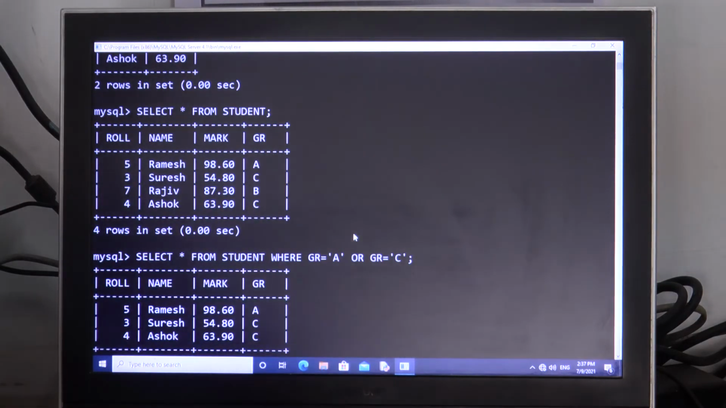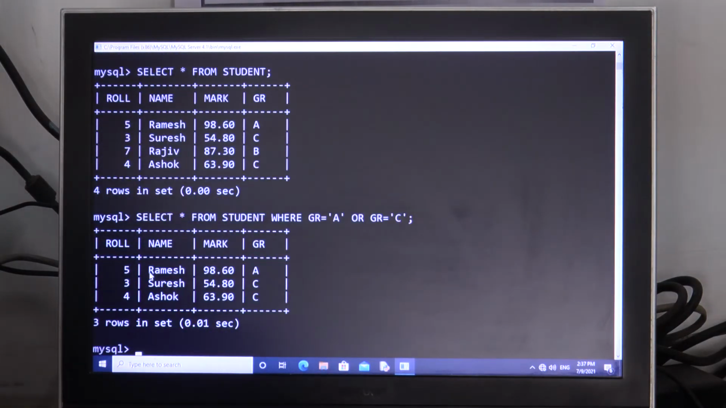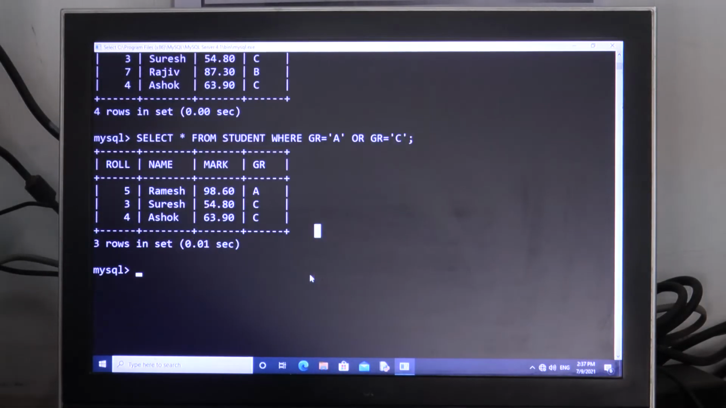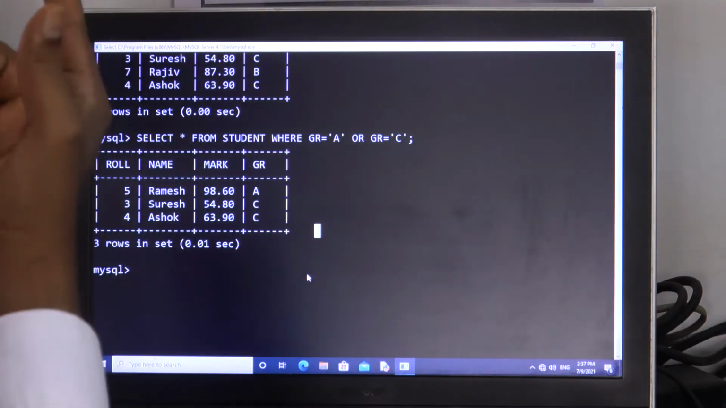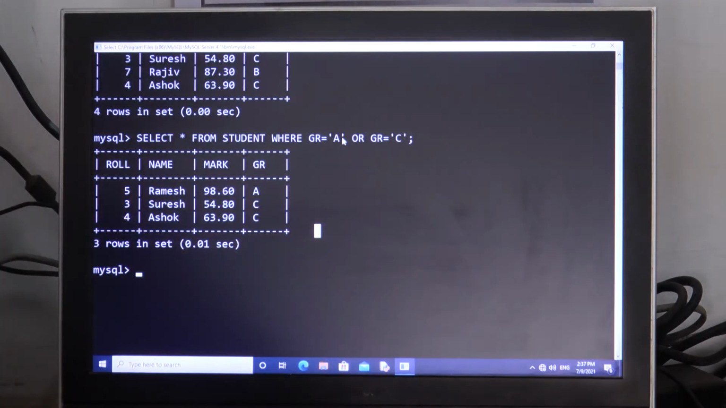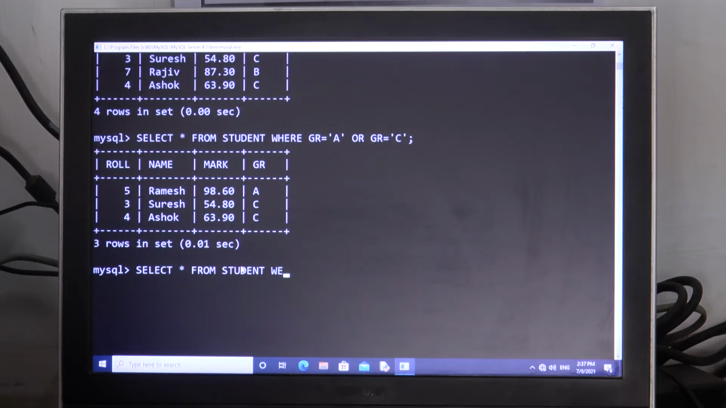So let's see. It is showing me these three datas: Ramesh, Suresh, Ashok, because these three students are either A or C. The same one I can also write in another way by using in. As I had used and, and after that I had used between, similarly here I had used or, and now I am going to show you the same thing by using in. So what I have to write? I have to write select asterisk from student where